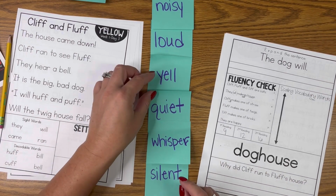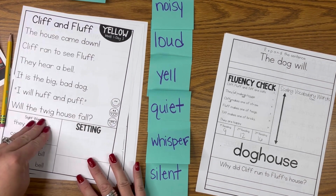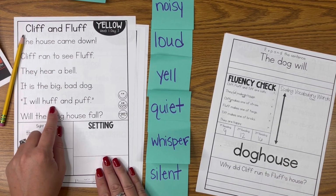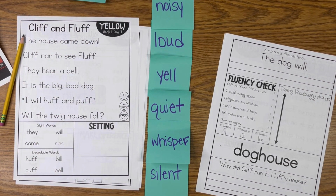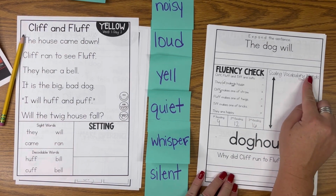So these are just some ways. There's no right or wrong answer. There's no list of words that you have to use. I'm pulling things like, here made me think of loud, but maybe you go with something like huff and puff. Maybe down. Maybe you do the opposite, up and down. You use whatever you need to use. Maybe you're trying to incorporate...